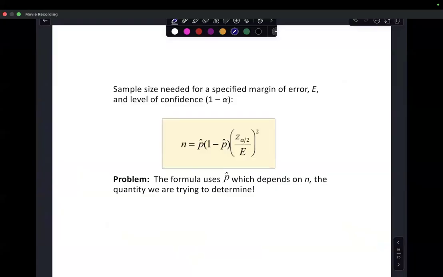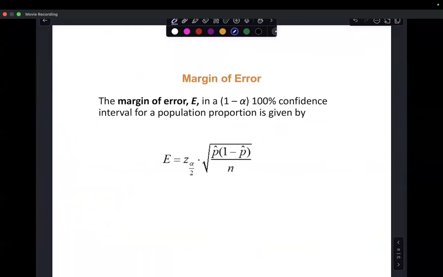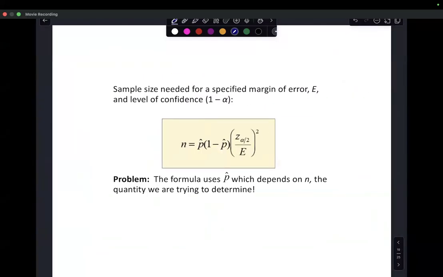Now, when we are calculating a sample size, so let's say that I wanted a margin of error of 3%, I would need to use this formula right here. I need to calculate a sample size. The problem is that all they did here was take our margin of error formula, the whole thing, and they just used algebra to manipulate it. They solved for n. So that's all it was, using algebra to solve for n. And we end up with this.